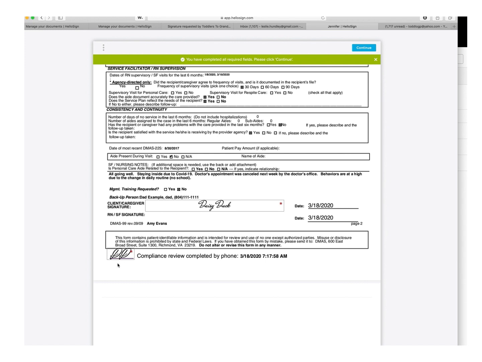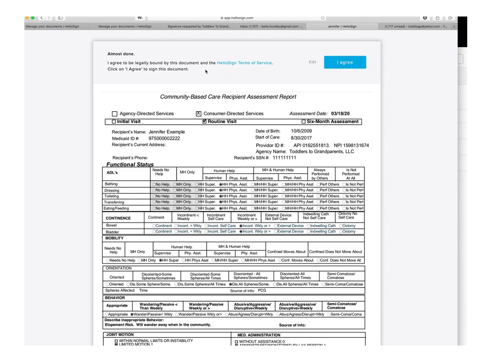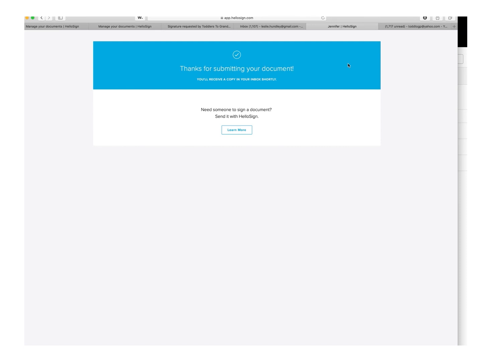Yours should already be there, and they've initialed that this review was completed at that time. And they're just ready to continue. And they are going to agree that they're legally bound by this document, and that is their signature. So they're going to hit I agree, and that's all that they need to do. The document will come back to us in our documents as signed documents for us to file in our file. And a copy will go back to their inbox shortly so they can actually see that they received that document and they have a signed copy for their records, which is a good